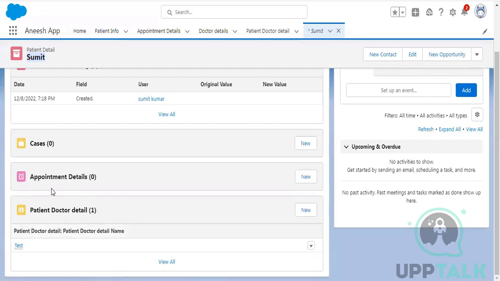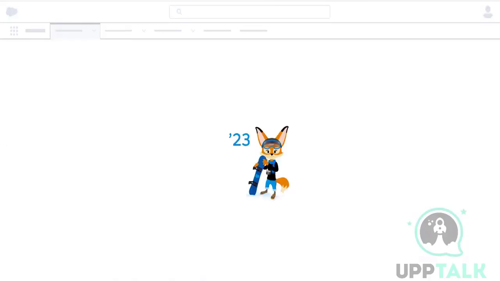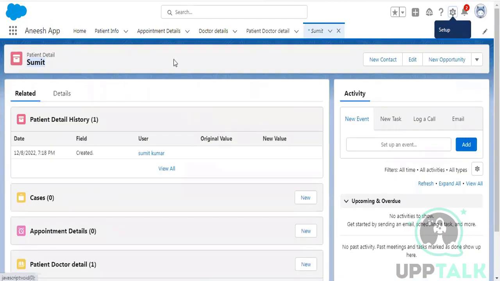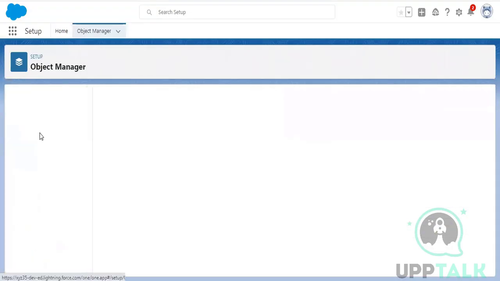So we have to edit the layout and add the doctor field in this section, right? Right. So click on add. The patient detail form should have a field for the doctor. Otherwise, this whole setup is of no use if I am not able to see from the patient with how many doctors, and from a doctor record, I should be able to see with how many patients this doctor is. So let's go to page layout,